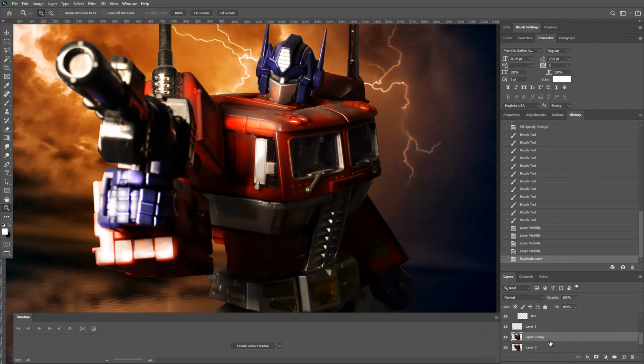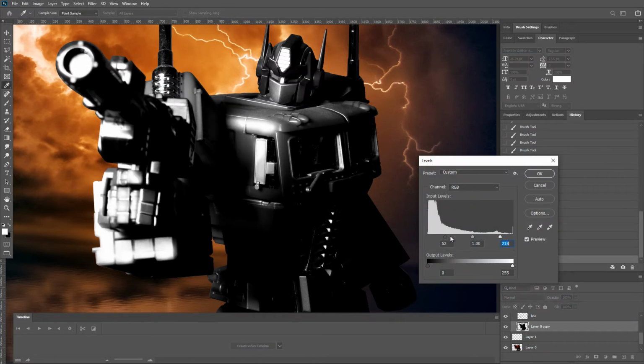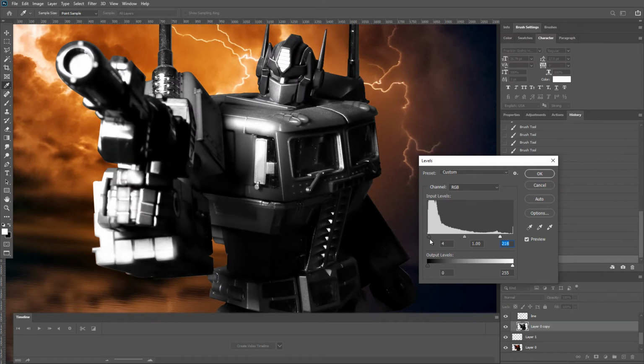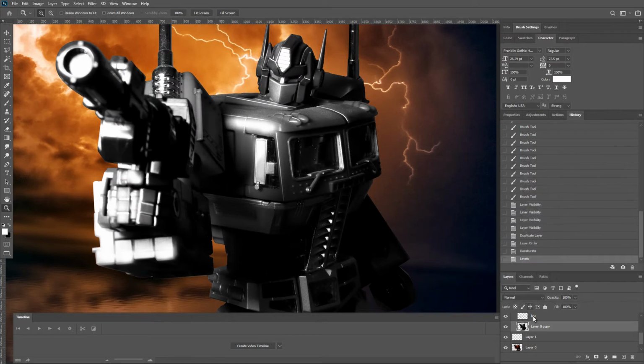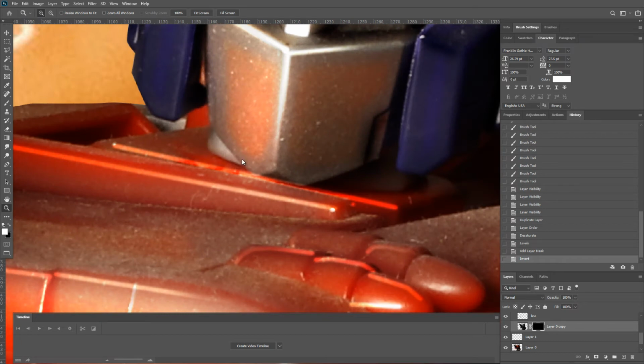So I'm going to copy this base layer, pop it into our section there. I'm going to make it black and white, and I'm going to also get my levels. I'm going to get the contrast not too high because of the way the photo is, and then I'm going to create a mask and invert it. So what I can do from here is paint in areas that I want to be purely grayscale,